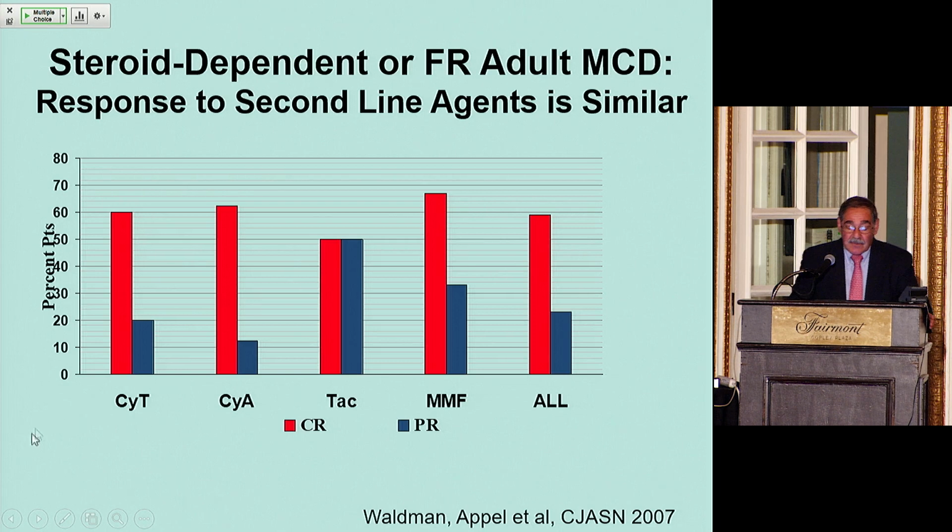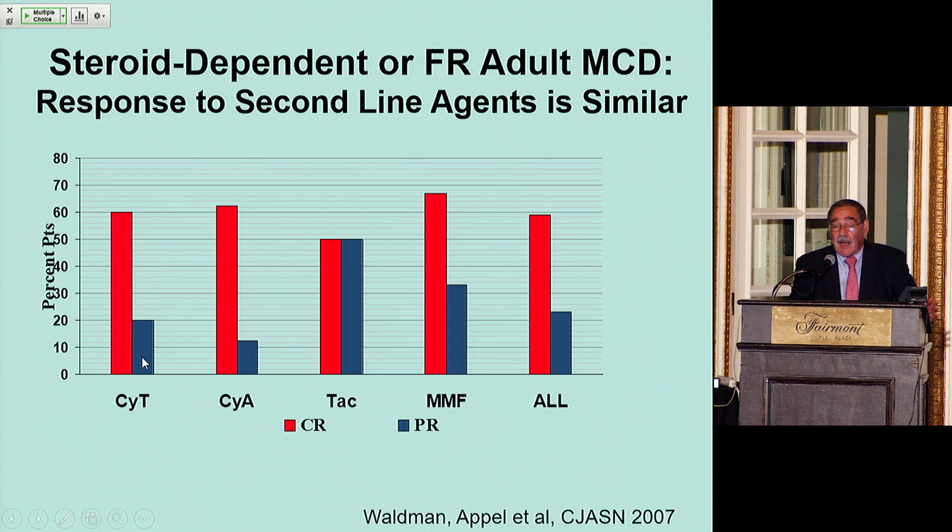This is taken from that same paper. It's in a tabular form there, but this is graphic. If you look at complete and partial remissions, cyclophosphamide, cyclosporin, TAC, and MMF were all the same. Some had more complete, some had more partial at the time. There were only 20 patients in an arm. When you have somebody who is steroid dependent and you're going to choose a second agent,